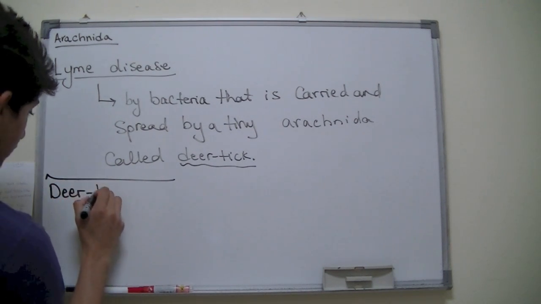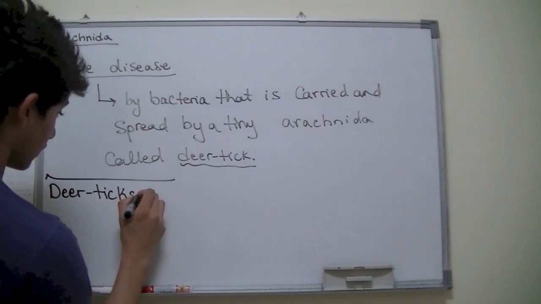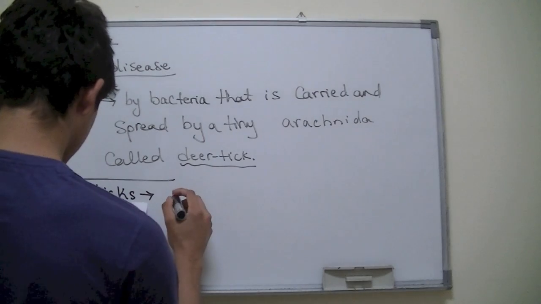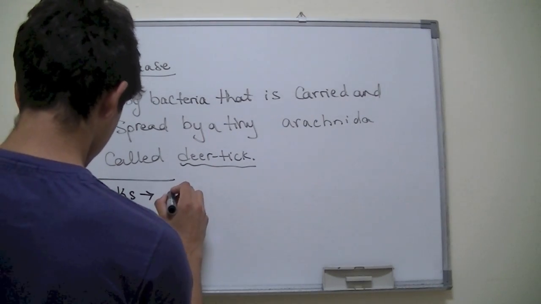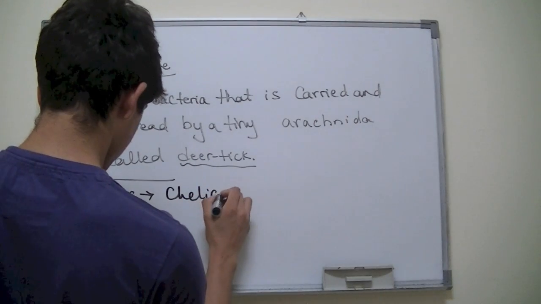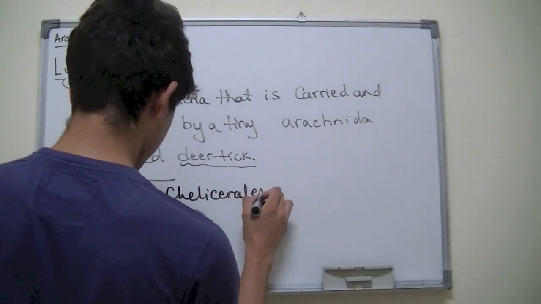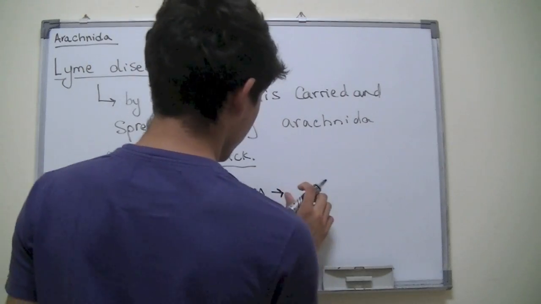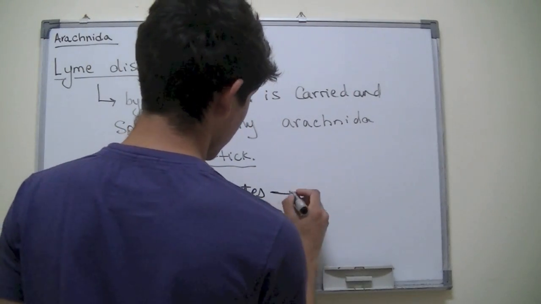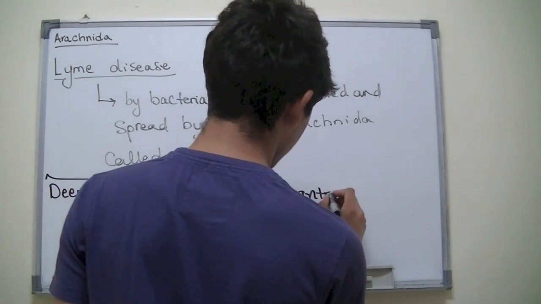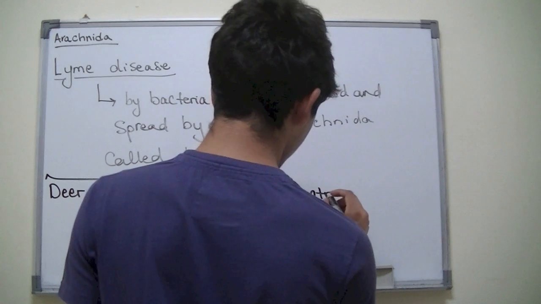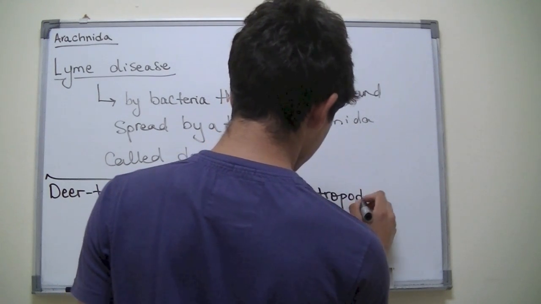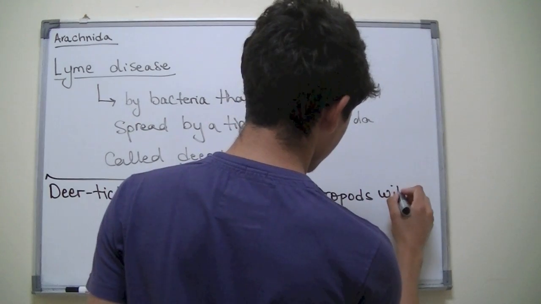Deer ticks are basically chelicerates that are arthropods without